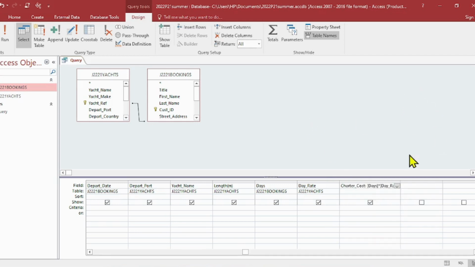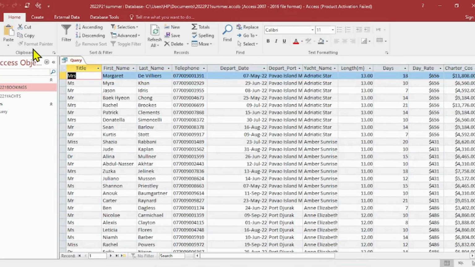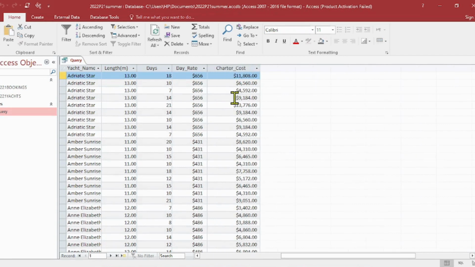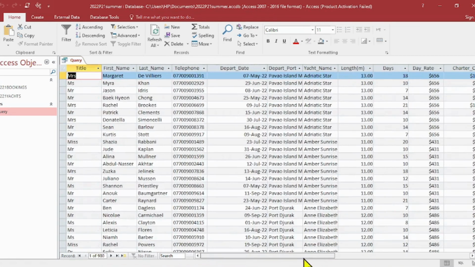Okay, so now you can run and check how your query is working. We are in the query. Look at that, it's a query, and let me see my new field name. Look at that, charter cost. It's multiplication, days times day rate. So $656 times 18. Okay, it goes to 11,000 something. So it's perfect. Now the query,